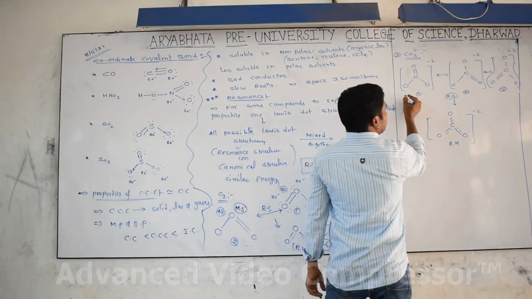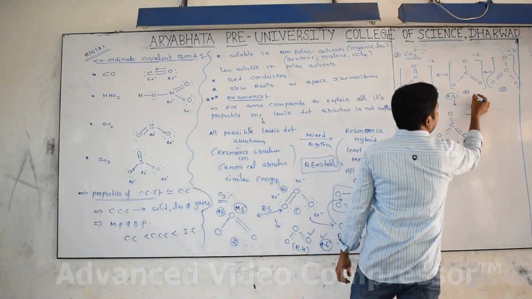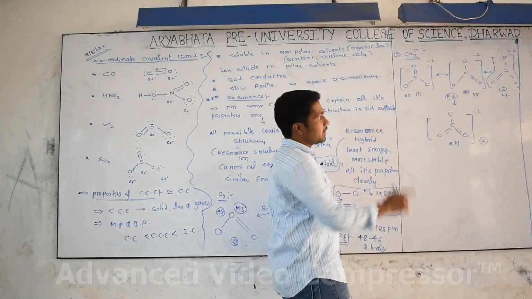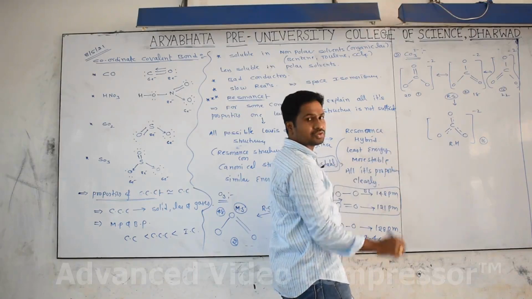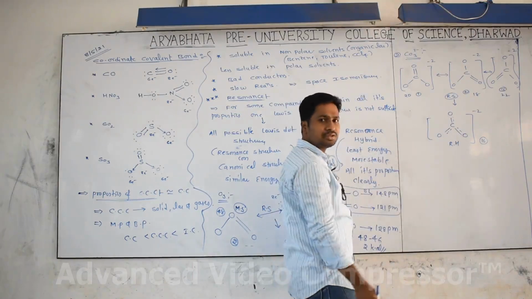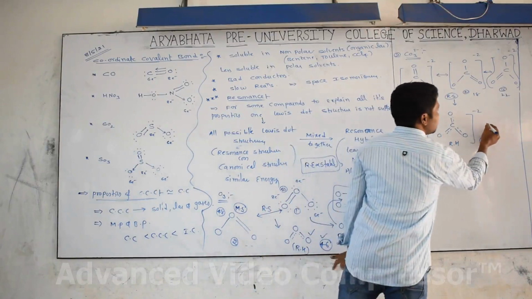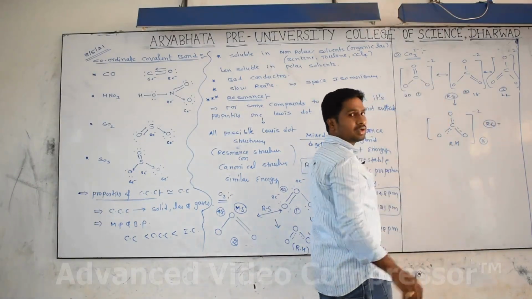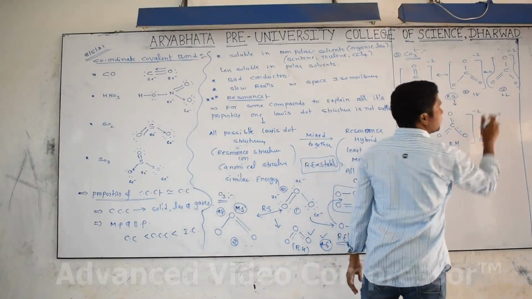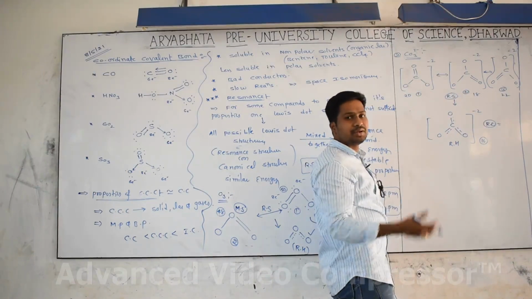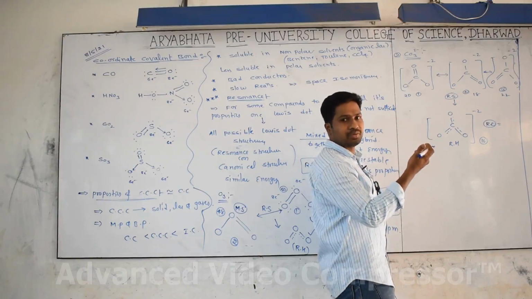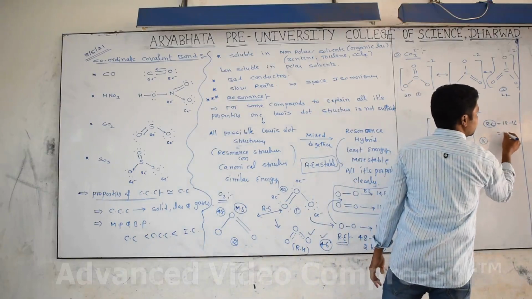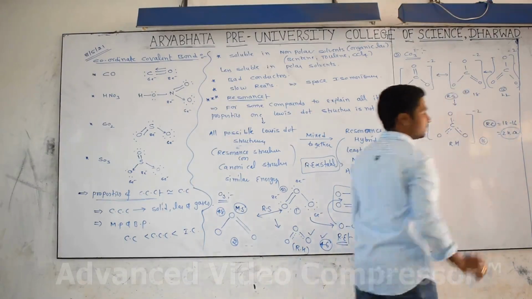Okay, now this one has, for example, 20, 18 and 22, but this one has 16. Check it. Compared with the canonical structures, the resonance hybrid is more stable because it has the least energy. Now, what is the definition of resonance energy? Resonance energy means the difference between the most stable canonical structure and the hybrid. The canonical structures are 20, 18, 22. Energy is inversely proportional to stability: the less the energy, the more stable. The more stable one is the second one minus the hybrid. Hybrid how much? 18 minus 16 is 2 kilocalories of energy.